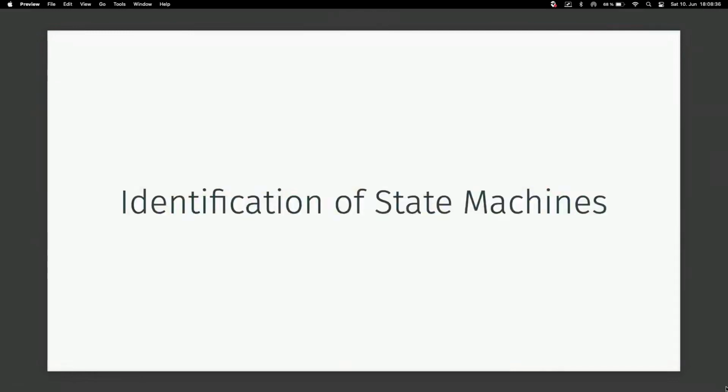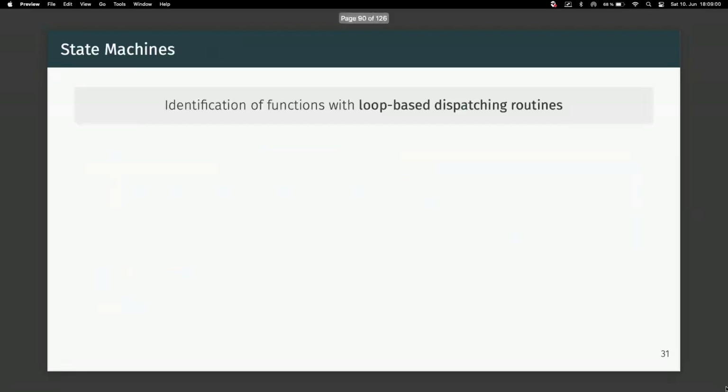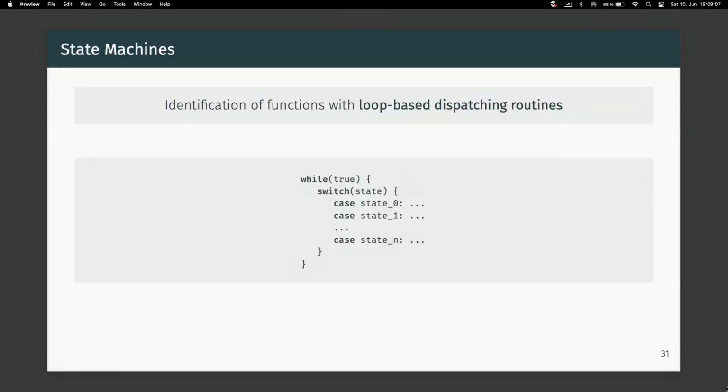So now we had about complex functions with complex graphs, large basic blocks, and frequently called functions. Let us go into some more advanced stuff, like the identification of state machines. The idea is to detect code constructs which look like a complex loop-based dispatching routine. We are looking for loop-based dispatching routines, which often are realized as a switch statement, where we have a while true loop, which then dispatches